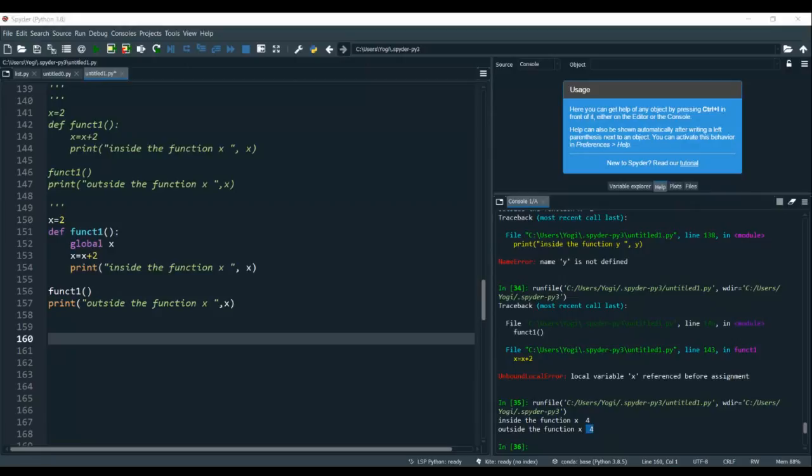Okay, so let me give you some programs so that you can implement them on your own. Let me write on the whiteboard. Calculate the maximum of three numbers using a function, but not a built-in function.